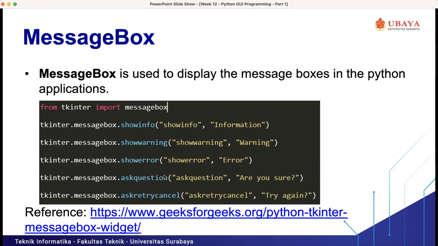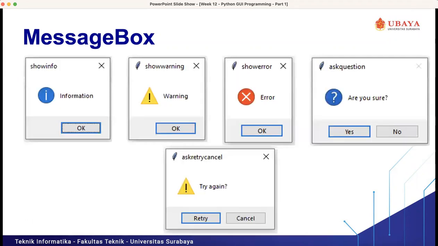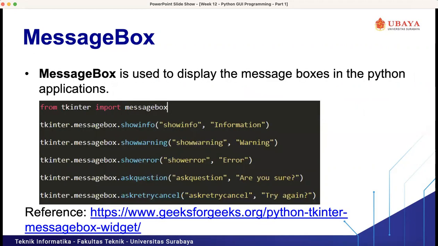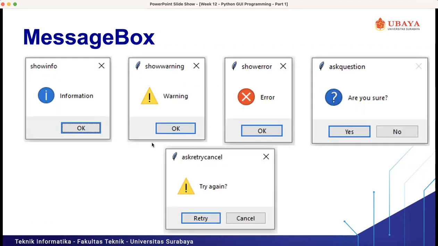So actually, I have tried in my operating system, but it doesn't work for the message box. It may be because I use Mac OS, so I cannot show this message box. But if you use a Windows operating system, I think it will work.